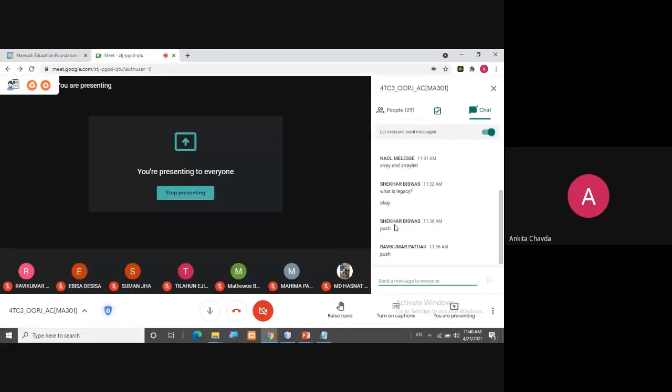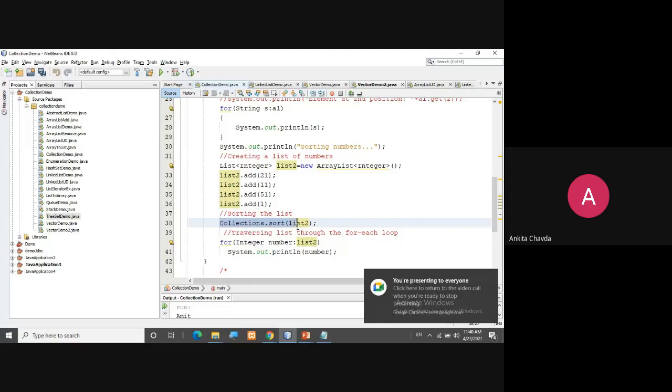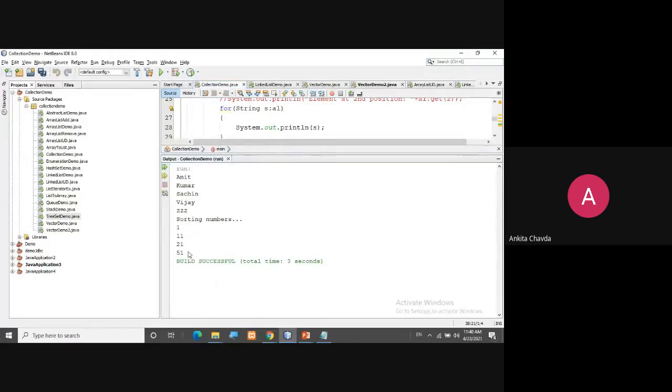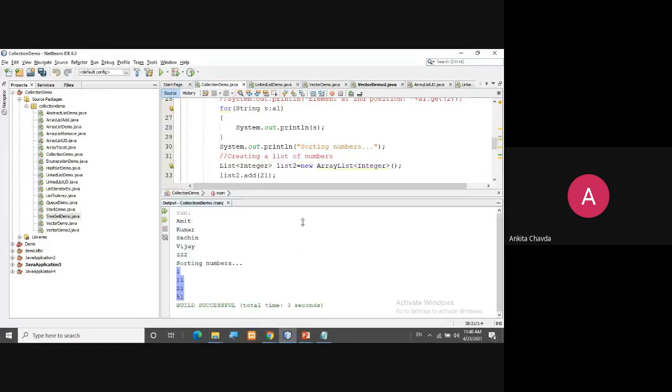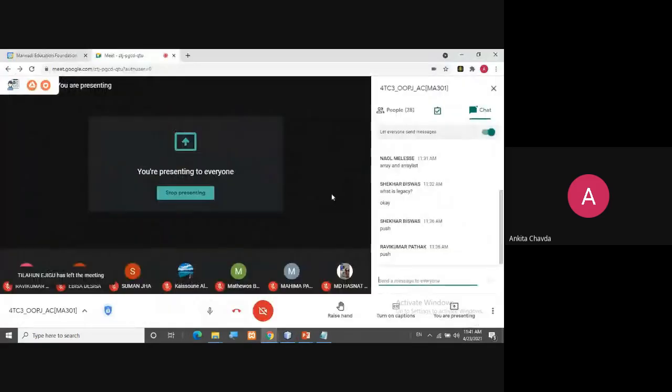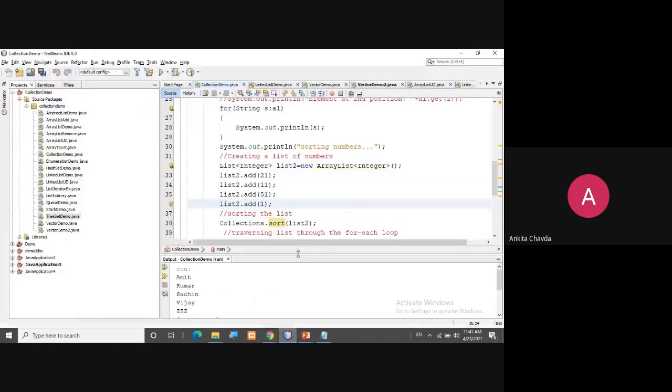Okay. So this is what we are doing. Now here again you can sort this list too. You just need to pass it here, and you can sort the elements. So for that also you got 1, 11, 21, and 51. It is in sorted manner, which you had added in any order. Fine. So it's very easy to sort. A single program could be asked which will sort the elements. So you don't have to apply logic for the sorting. You just need to use one method, that is sort. Okay. Is it clear? Fine.